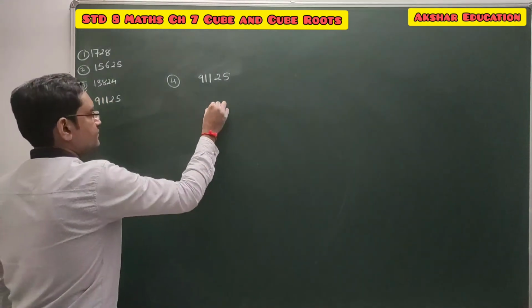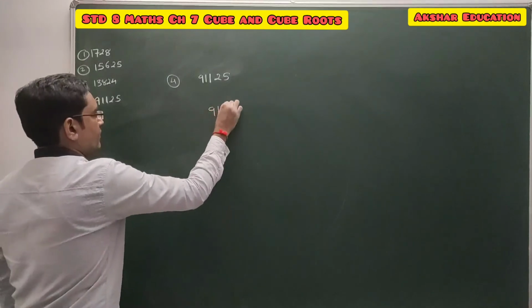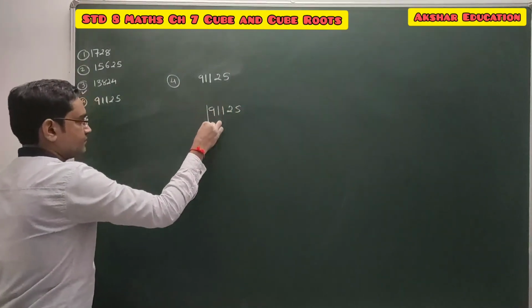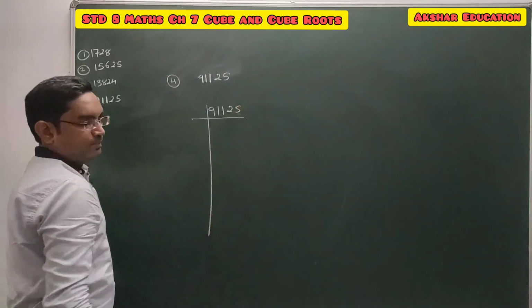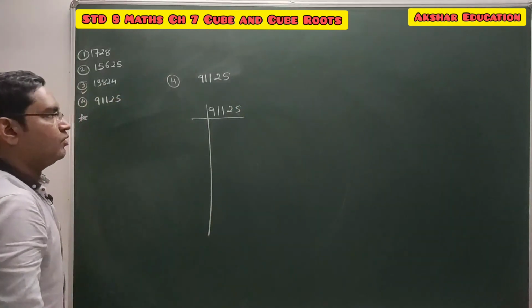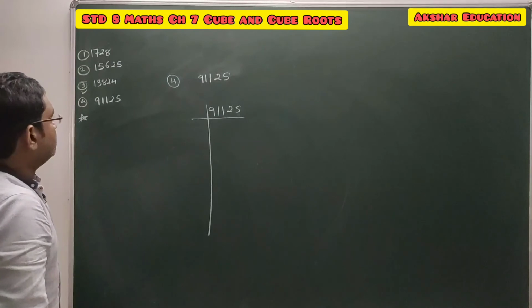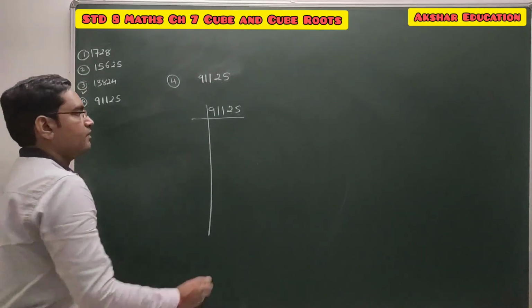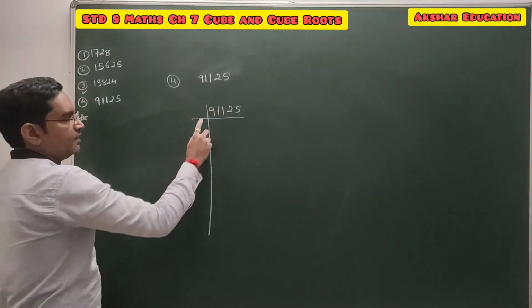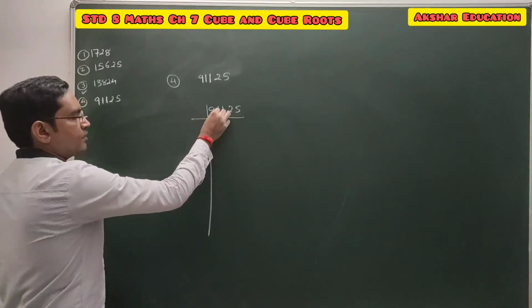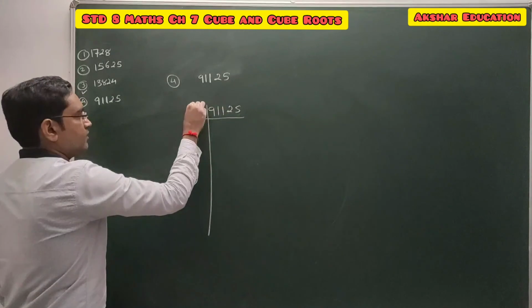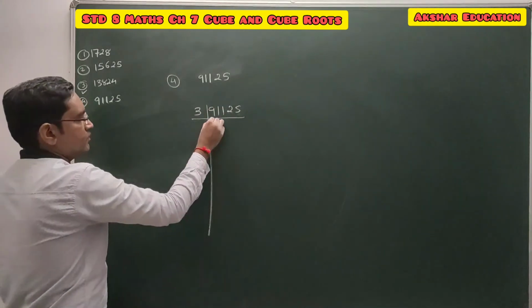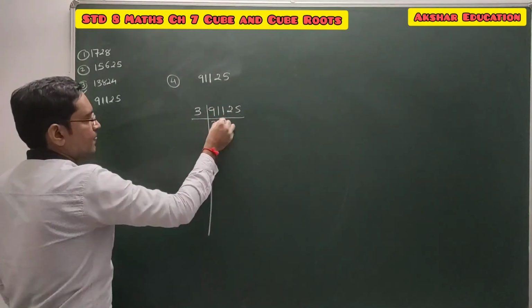क्या करना है? सो 9 1 1 2 5 फैक्टराइजेशन. यूनिट प्लेस डिजिट पहले चेक करो विच इज़ ऑड नंबर. सो दिस इज़ नॉट इवन नंबर, सो 2 से डिवाइड नहीं होगा. 3 के लिए सबका एडिशन 9 + 1 10 + 1 11 + 2 13 + 5 18. So it can be divided with 3. So it's 3 3s are 9.